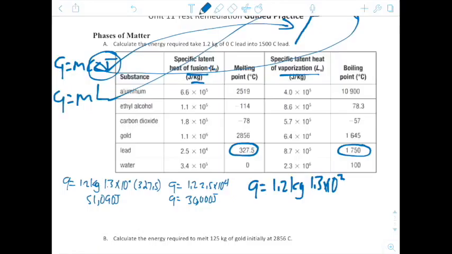It's going to go all the way up to 1500 degrees. So from 327.5 to 1500, and we take that, and that is going to be 1172.5. And we multiply those together, and we get a Q value of